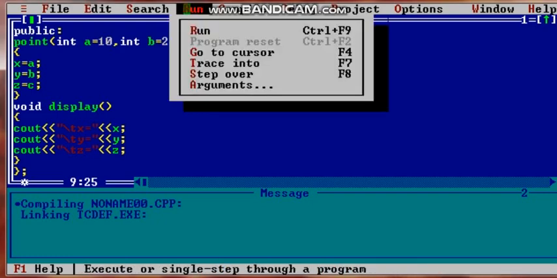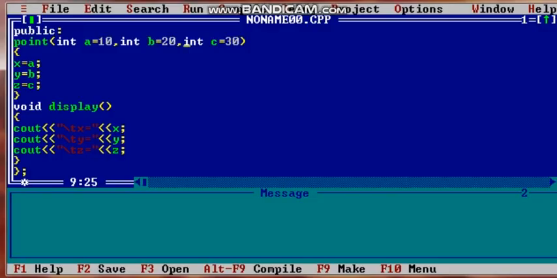Now I am running this program. See this one: x 50, y 20, z 30. This time the value of x is not 10, it is 50 which you are passing through the object, but y and z values are the same because you are not passing any value.